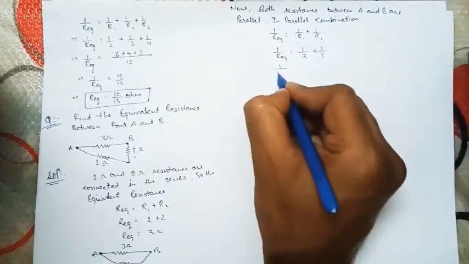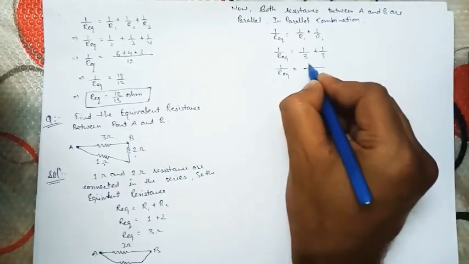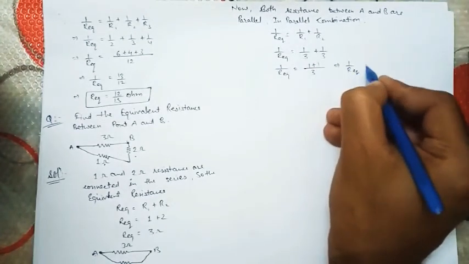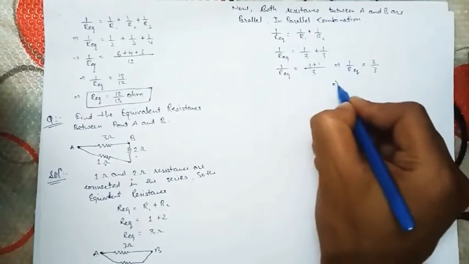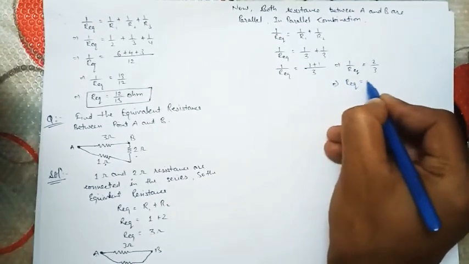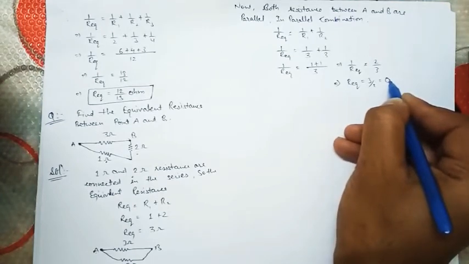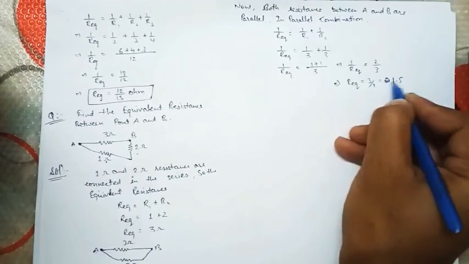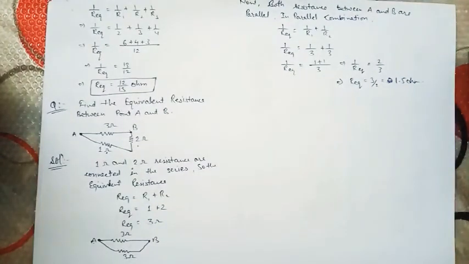Okay, 1 upon R equivalent equals to 1 by 3 plus 1 by 3, that is a 2 upon 3. 1 upon R equivalent equals to 2 upon 3. It's a value of 1 upon R equivalent. So R equivalent equals to 3 by 2, that is, sorry, it is a 1.5. 1.5 ohm. Okay,